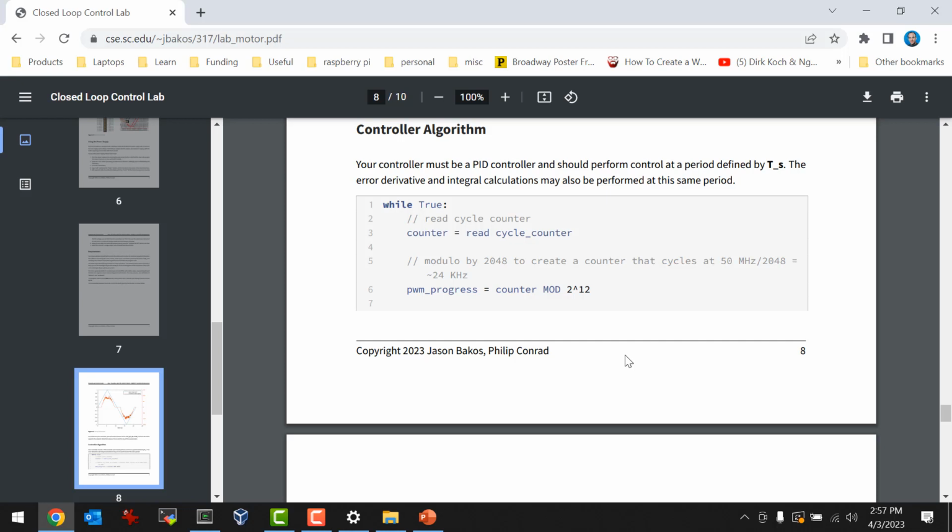But the way I did it was I just had an infinite while loop. The first thing I did is I read the cycle counter, which you guys already have the code that does that. And then the pulse width modulation,